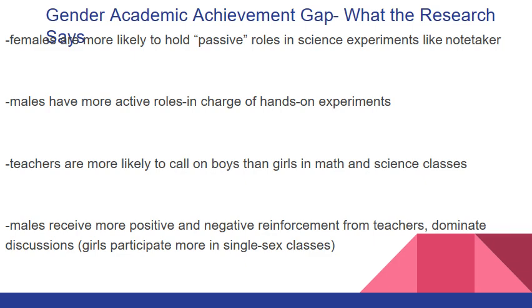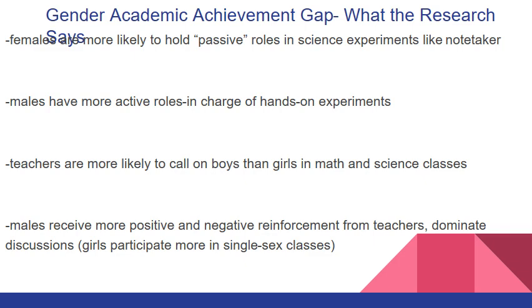Furthermore, teachers are more likely to call on boys than girls in math and science classes. Males in general receive more positive and negative reinforcement from their teachers. So this could be both positive praise for a job well done, or it could also be negative redirection for misbehavior or poor performance. Males are often more likely to dominate discussions. However, when girls are participating in single-sex classrooms, so all-girl classrooms or schools, they are more likely to participate in